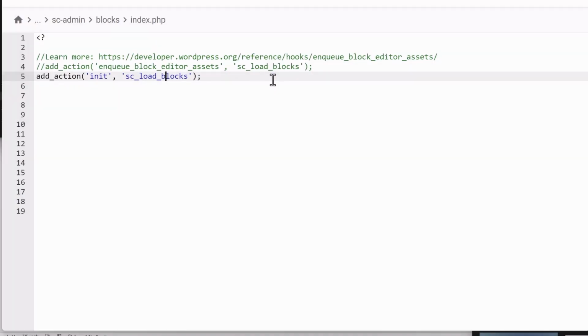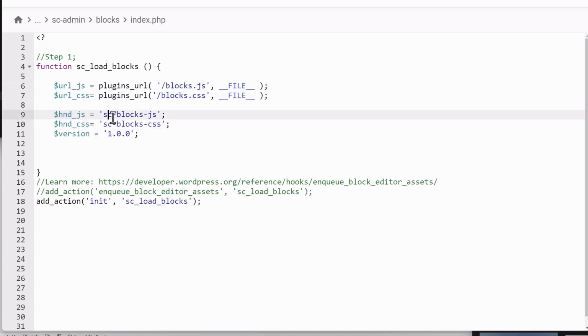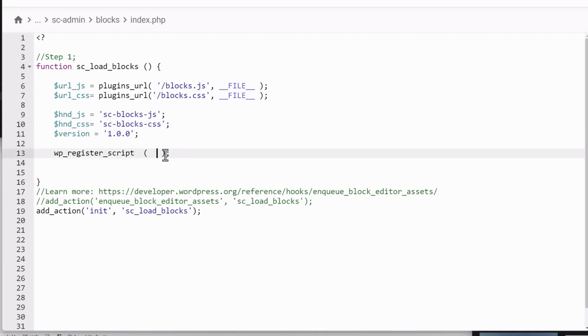All right, so the very first step is to go ahead and create a hook that hooks into the init callback function. And here we're defining the URL to the JavaScript file and the CSS file that's going to be loaded when the actual Gutenberg block is created. And here we're creating their handles and then creating dependencies of files that need to be loaded prior to actually